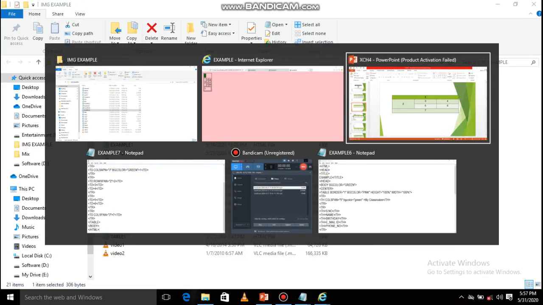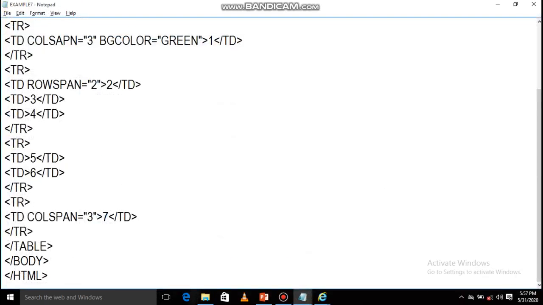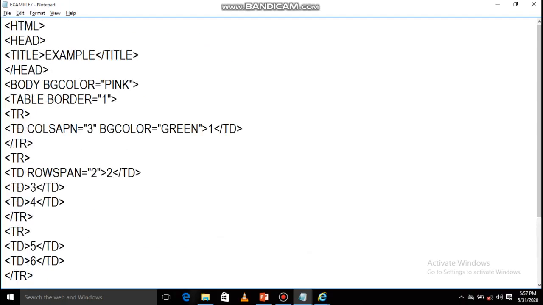Go to the code. Now do one thing, set height and width of the table. Height is equals to 30%, width is equals to 30%.